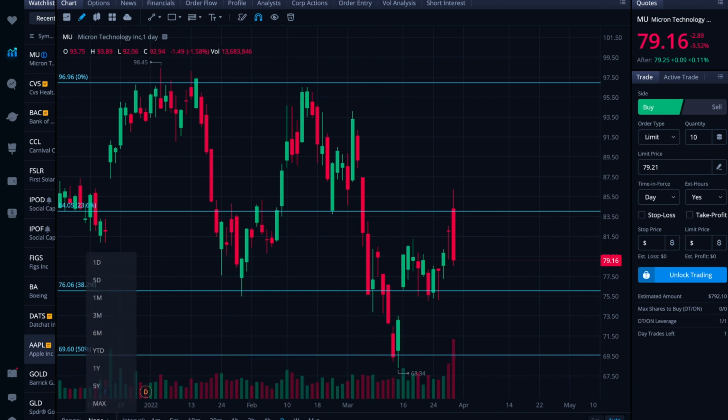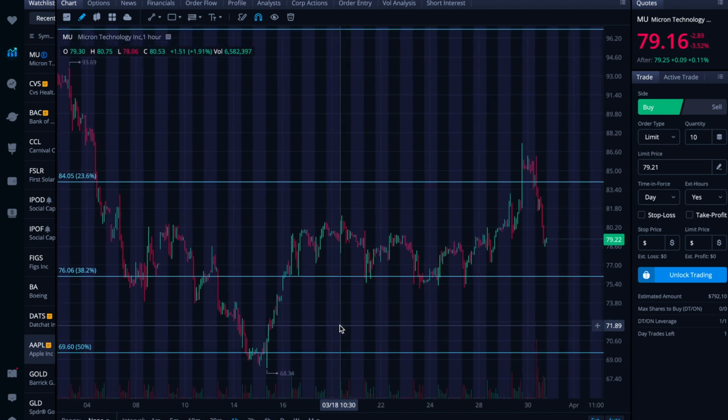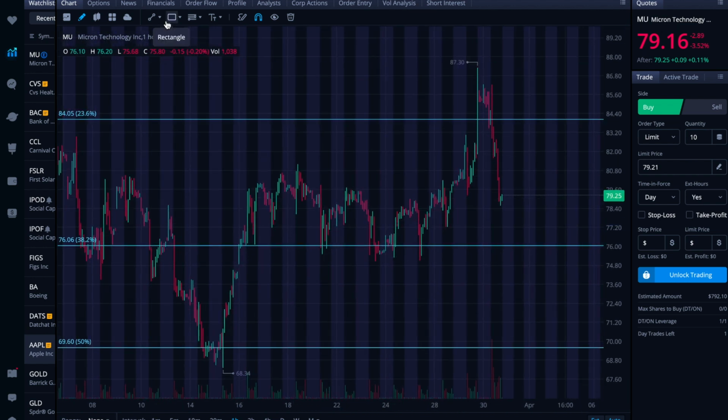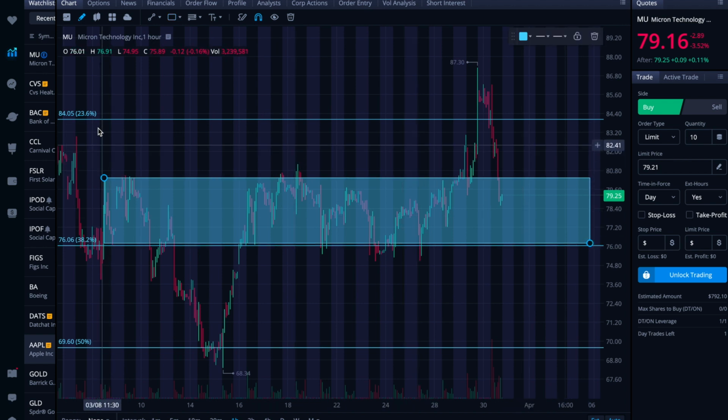Now, the other thing that I would do is zoom in and take a look at the 1 month and see what we might be looking at here if anything's playing out. So we see a solid several trading day consolidation range here, right? This is a pretty strong short-term level. You see it's even playing in back here. Right? This whole range here, this bottom half level between the 84 and the 76,